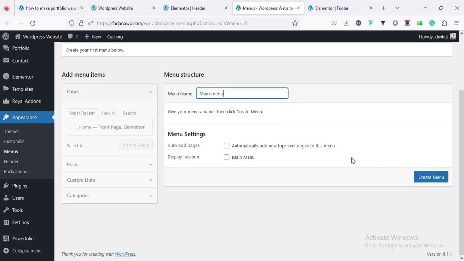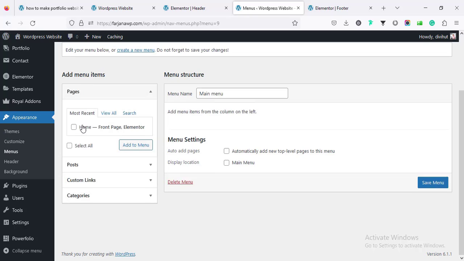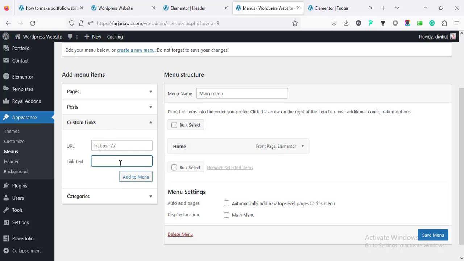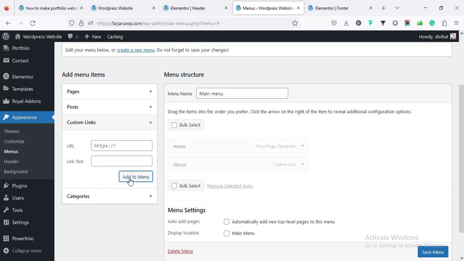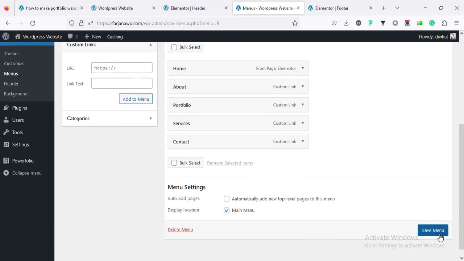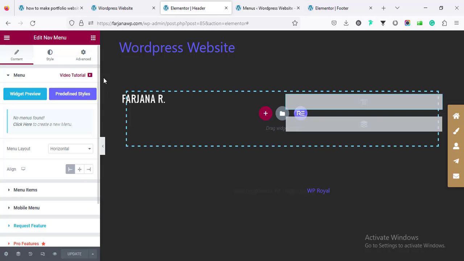I'm typing main menu and create menu, and I'm selecting this. Also going to add some more, hashtag and the section ID name. Add to menu. And in the same way, going to add some more. Alright, I am done, and you can select it as the main menu and save menu. Now if I refresh our header,